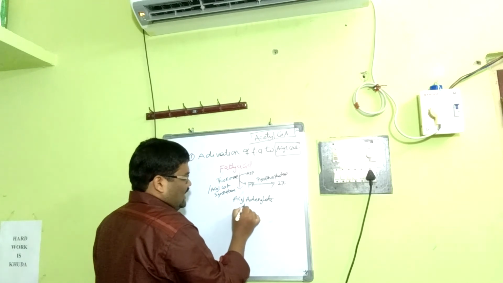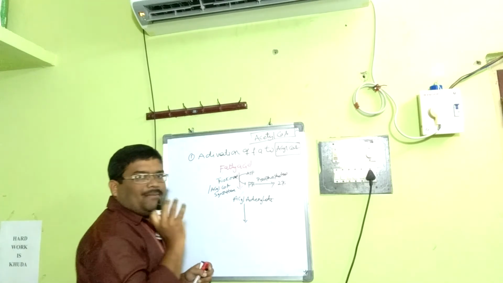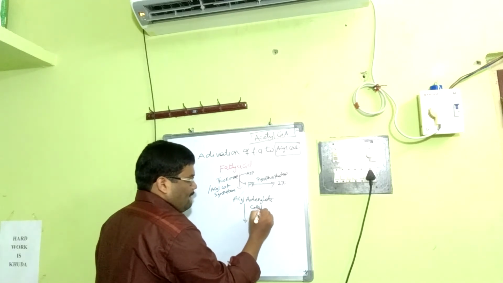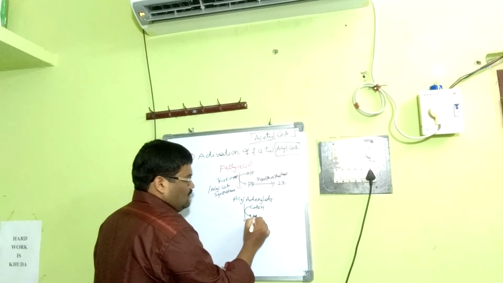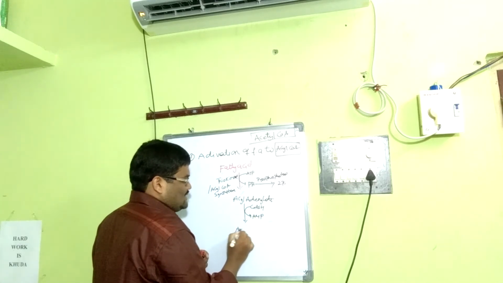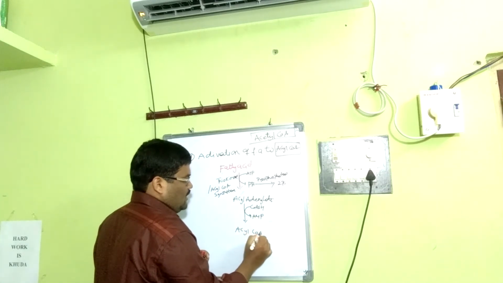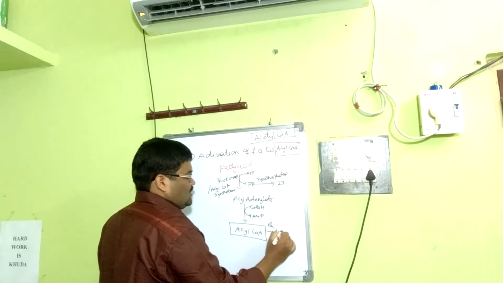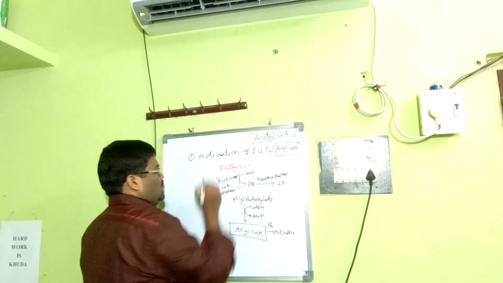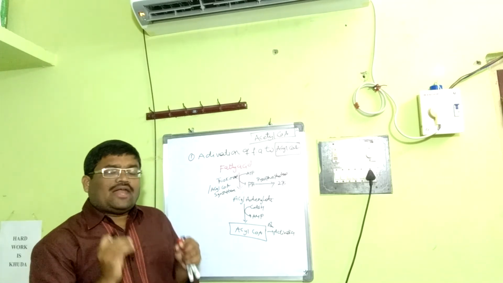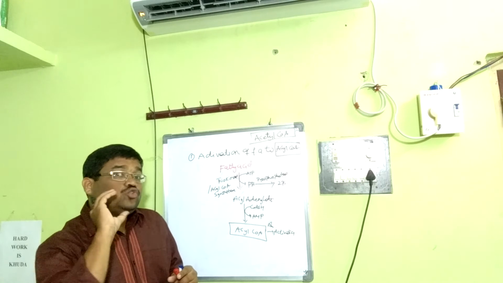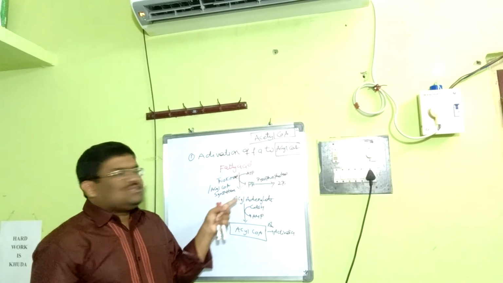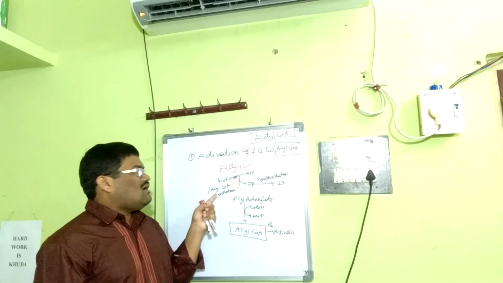And this acyl adenylate will combine with coenzyme A. AMP will be released to form acyl coenzyme A. This is what we call the activation step. That means the first step, activation of fatty acids, is a two-stage process. How? The fatty acid is catalyzed by the enzyme called thiokinase or acyl coenzyme